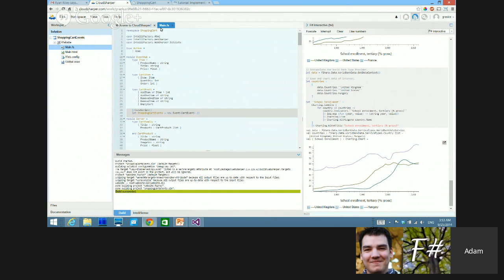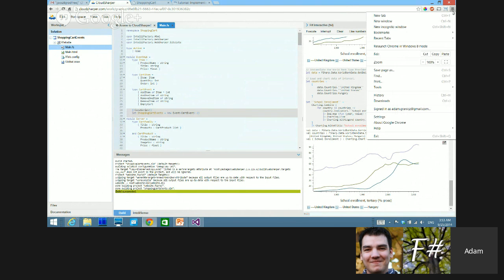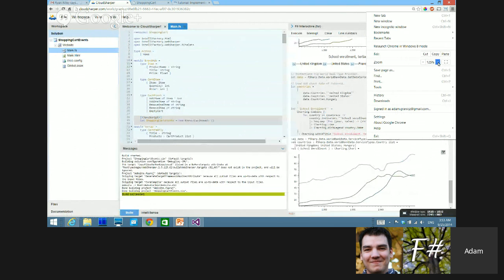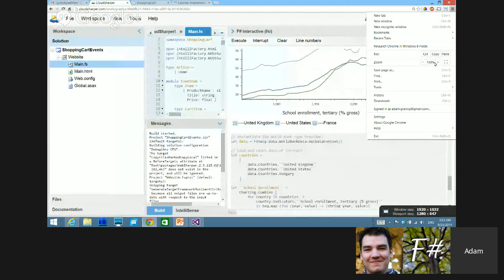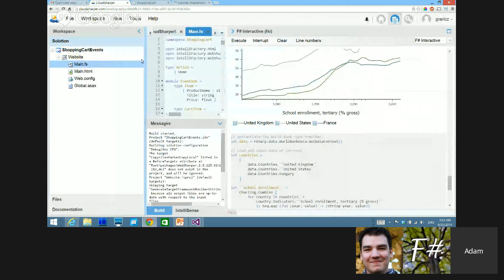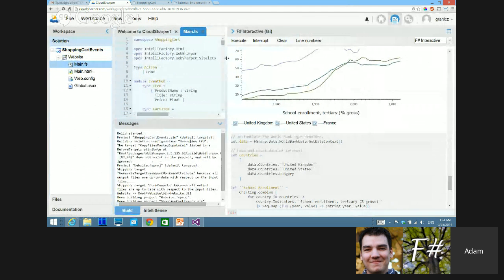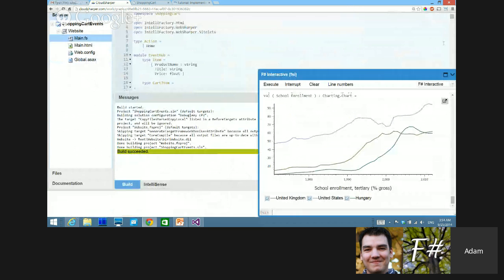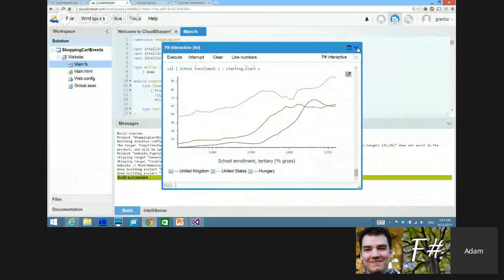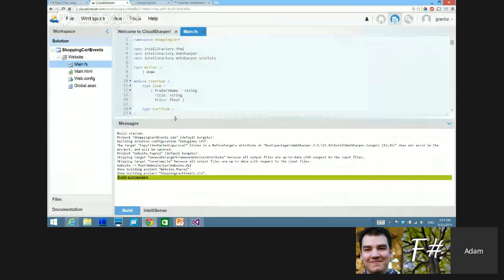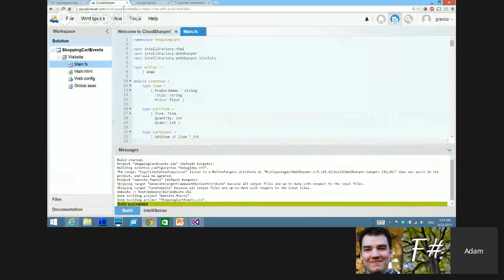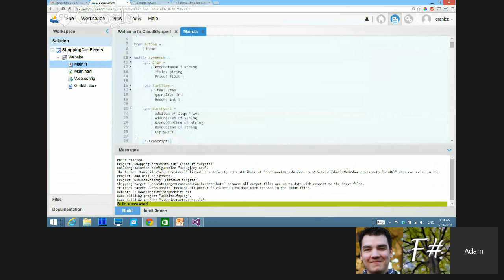I don't know how much you guys can actually see. I should probably make this a bit bigger, shouldn't I? Okay, so one thing that you can guess will be coming to CloudSharper is the ability to have zooming on the tabs. So here there should be a zoom level, exactly like in Chrome, making this particular code tab bigger in font. But anyway,